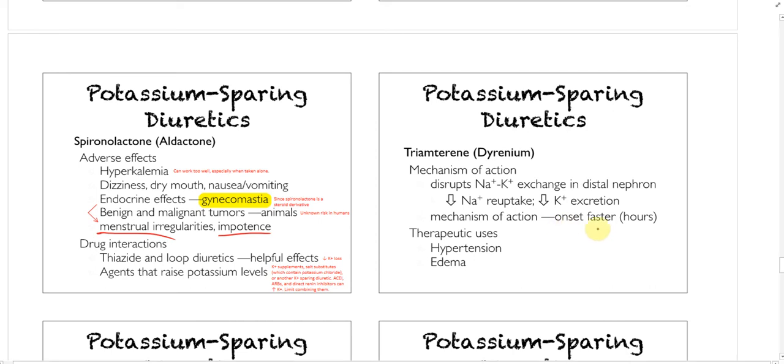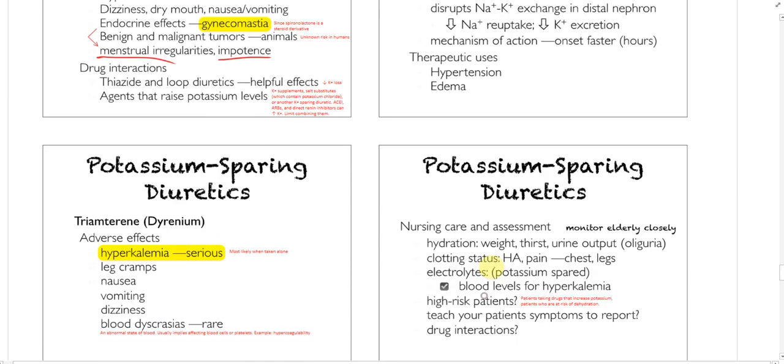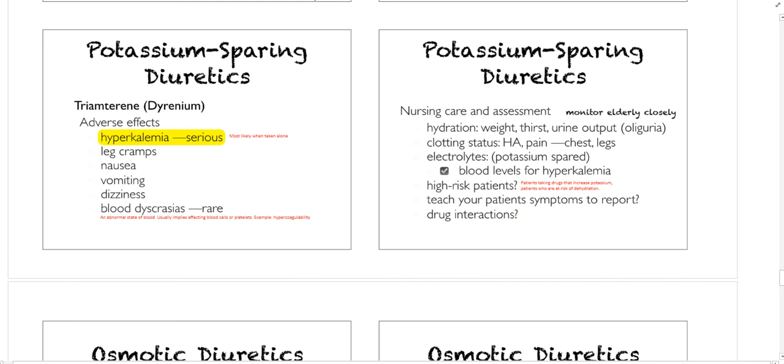This is going to act faster than spironolactone and is again good for hypertension, edema, mostly just trying to fix potassium. And as with spironolactone, hyperkalemia is our main concern with taking triamterene. It won't be as common if we're taking it along with a loop diuretic or a thiazide. We can also experience leg cramps, nausea, vomiting, not diarrhea, dizziness, and some blood dyscrasias are possible, but rare, which